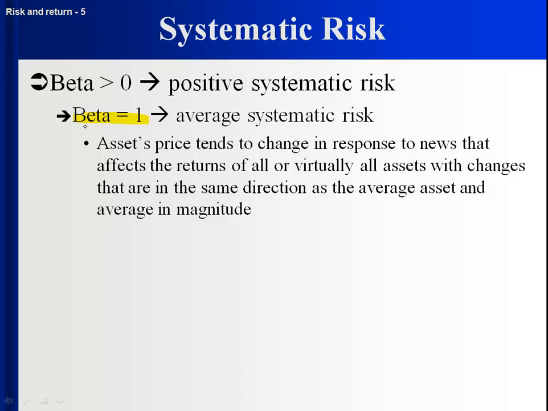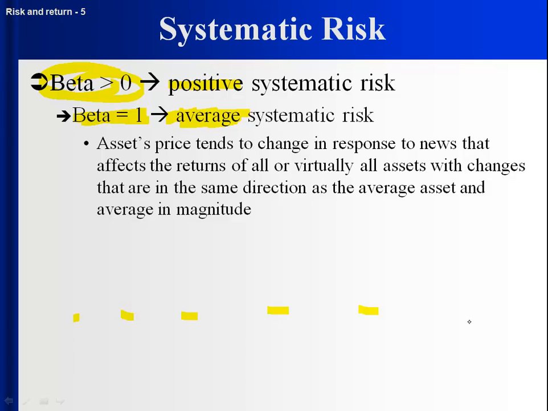What if we have a beta equal to 1? Well, it's positive, so it's greater than 0, so it's positive systematic risk. But what's important about beta equal to 1 is that's an average level of systematic risk. So beta of 1 is our benchmark. And what that says, it's positive, so the changes for a particular asset with a beta of 1, since it's positive, will tend to be in the same direction as the average asset. But the beta of 1 means not only is it the same direction, but it tends to be the same